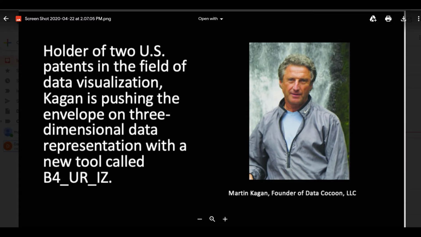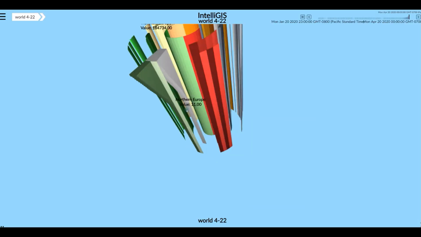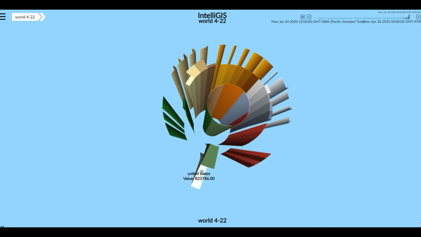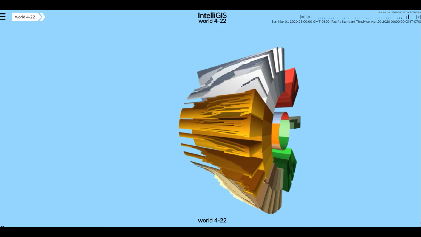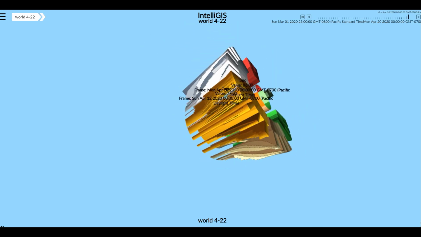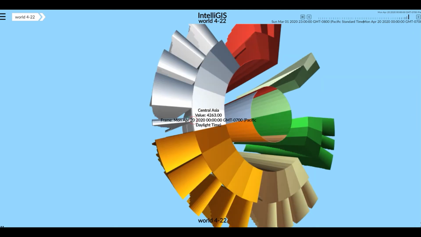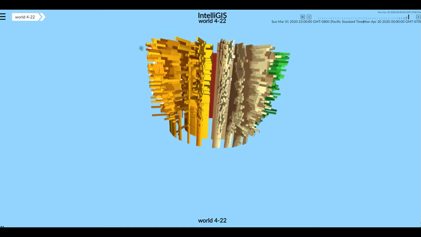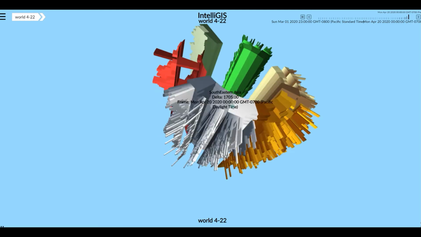Using a patented data visualization tool, Before Your Eyes, allows the user to simultaneously view asynchronous multidimensional data, literally before your eyes. The software allows rotation of these figures on a computer screen, thus allowing comparison of different branches and their relative sizes. For the past 6 weeks, Data Cocoon founder Martin Kagan has been actively tracking confirmed COVID-19 cases, admissions, recoveries, and deaths with renderings that are further ahead of what others are able to currently represent. He is now making this same tool available to researchers and policymakers to extend the reach and breadth of the